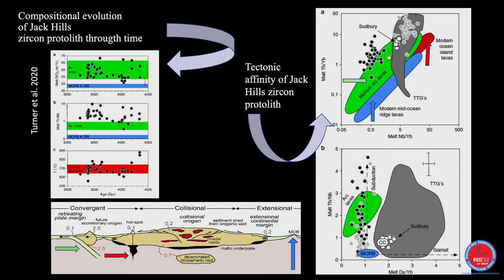First, looking at the Harrison et al. conclusion, this is evolved crust. If this is evolved crust, it must be silica rich, so maybe TTGs. But our points from the recalculation do not fit the TTG field. Okay, first disappointment. But then, if you look at another piece of information, that melts extracted during early Earth development